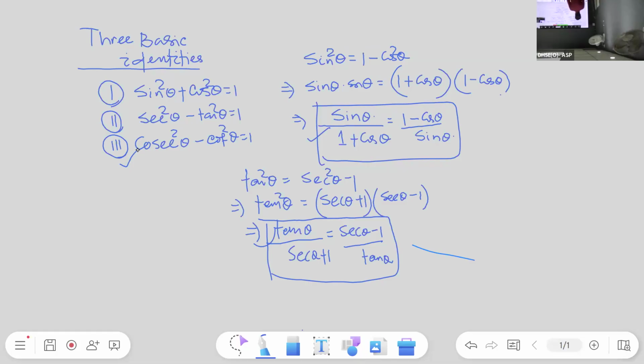So then the third one is cosec square theta minus cot square theta is equal to 1. Cosec square theta minus cot square theta is equal to 1. This implies cot square theta is equal to